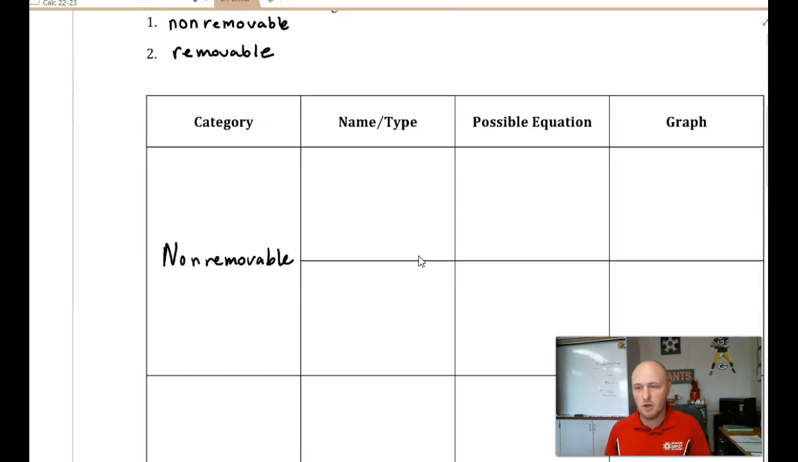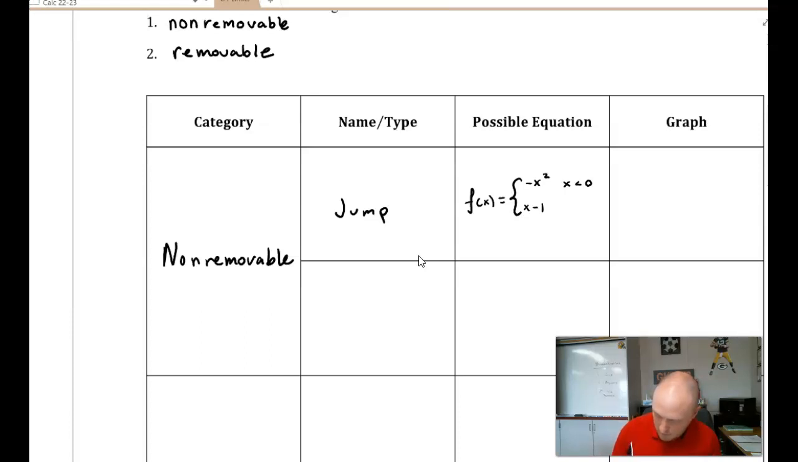And the two types of non-removable, the first discontinuity is jumps. Now, jumps disrupt limits, right? The limit from the left cannot equal the limit from the right. Now, a possible equation of this would be if I had something like f of x is equal to, let's do negative x squared for all x values less than 0. And let's do x minus 1 for all x values greater than or equal to 0. I'm just making up two functions split at 0, and I'm going to do a rough sketch of what this